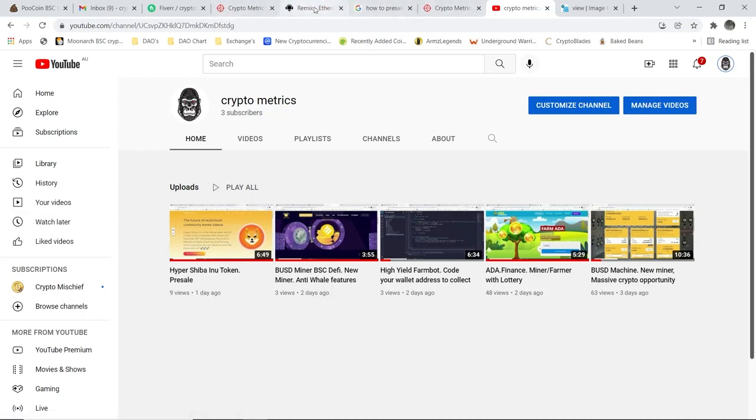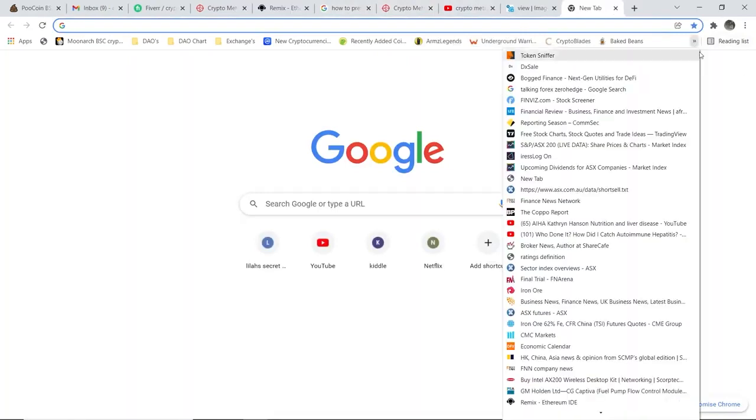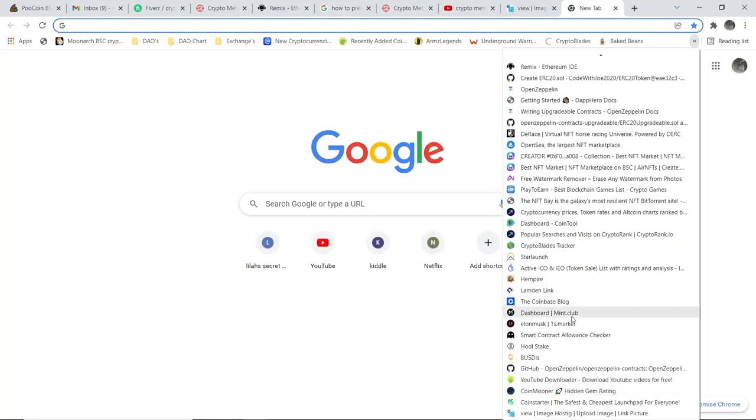And so what I've also decided to do was to create my own token, Cryptometrics token, which is to help fund the project and the channel. So people can help support what I'm doing by buying some Cryptometrics token and holding it. Now I did have a look at making a token. There is a website called,